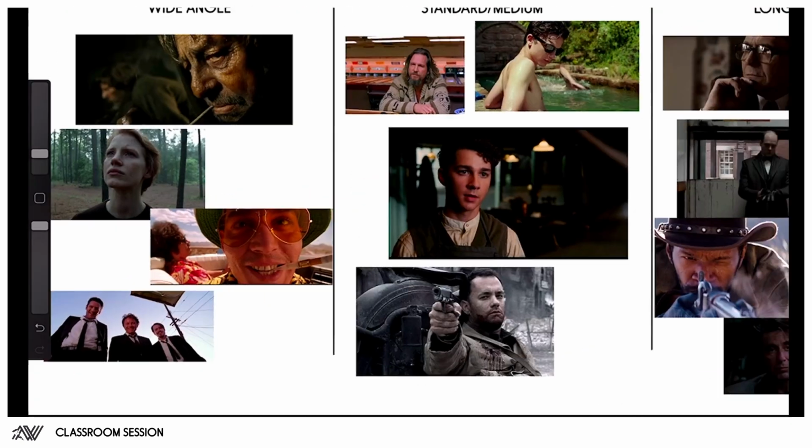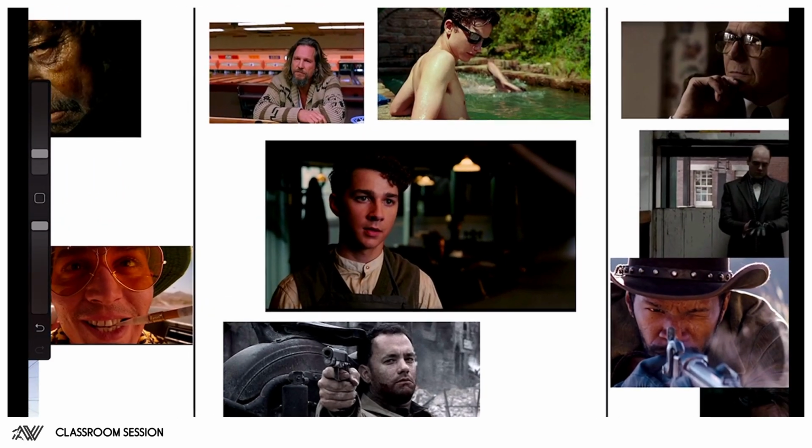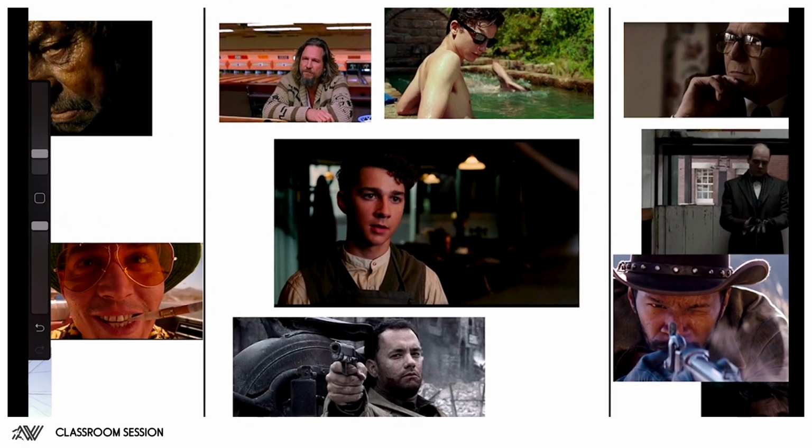Now, if we then go to a standard or medium lens, when we talk about standard or medium lenses, photographers or cinematographers usually range that between a 35 millimeter to a 70, but probably less than 70 millimeter lens. And so what this does, according to experts, is it mimics our natural view or our natural point of view that we have as humans, like the best, right? It's the closest that we can get to our natural viewing point.